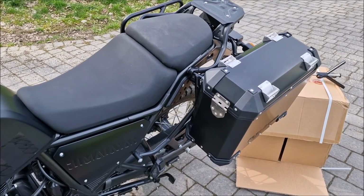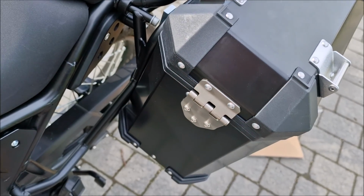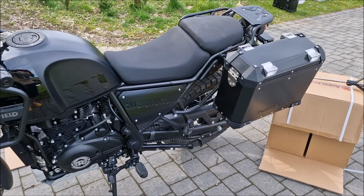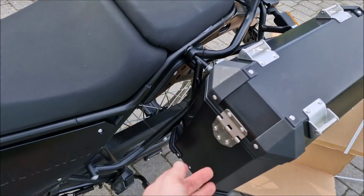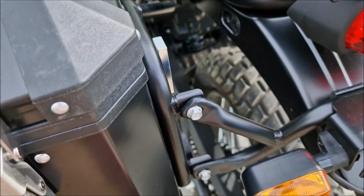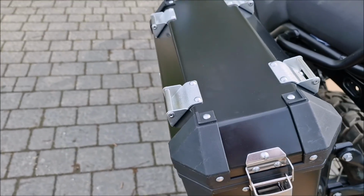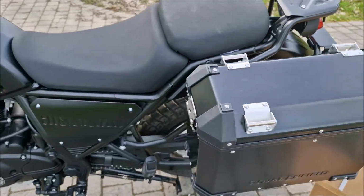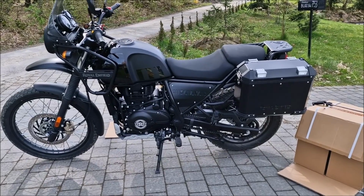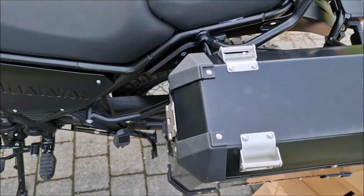Alright guys, so the reason why I'm mounting it this way is because if you've seen some of the videos on YouTube, they mount the locks in this way, so all the weather and the rain and so on gets into your lock, so this is not a good idea. Instead, all the tire spray and the debris and dirt get on the side and over here, not on the back here. So this is kind of protected from the weather conditions in this way, and looks just as good. But obviously, if you're a fan of opening it this way, it's just as good. For me, it works